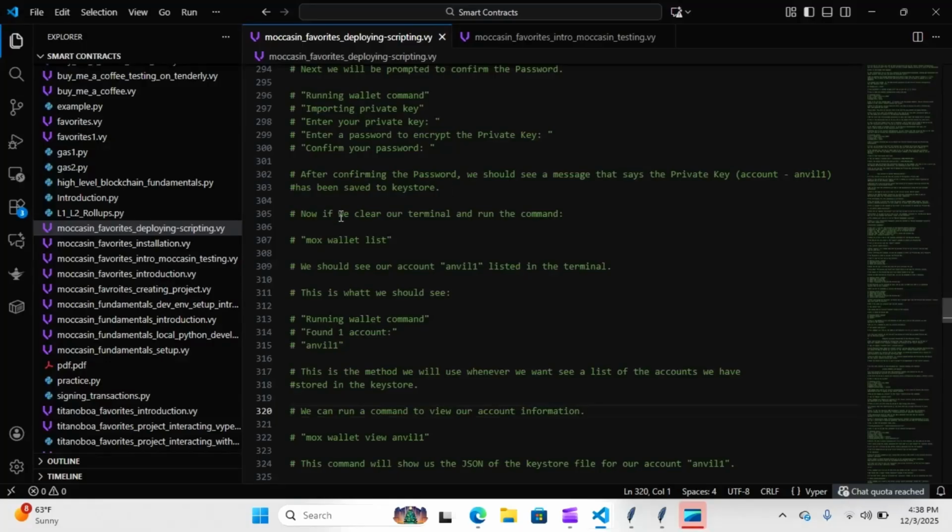Now, if we clear our terminal and run the command mox wallet list, we should see our account Anvil1 listed in the terminal. This is what we should see. We should see running wallet command, found one account, Anvil1 is the account it found. Now, this is the method we will use whenever we want to see a list of the accounts we have stored in a key store. We can run a command to view our